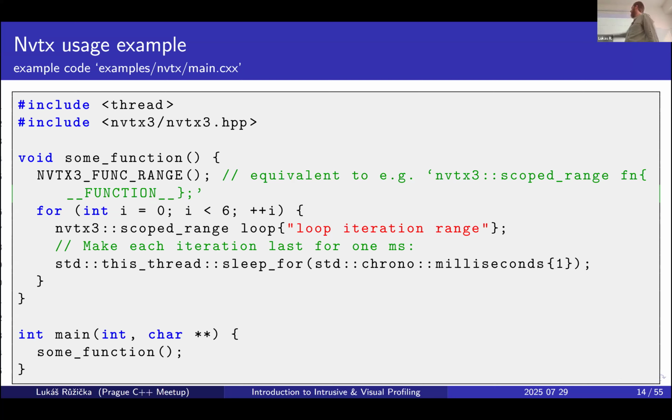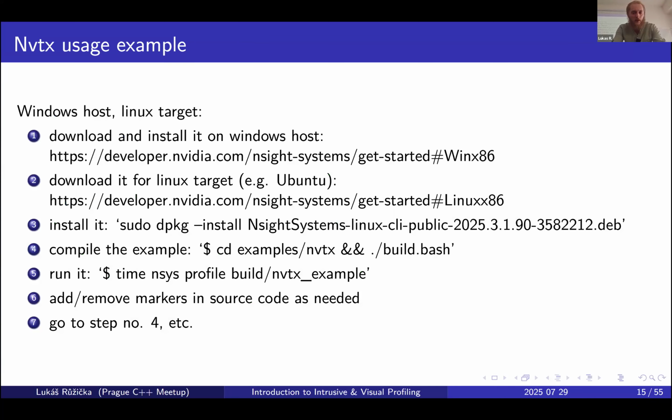Then in the middle, you see the nvtx scoped range, blah, blah, blah, and you see it in a loop, right? Eventually, when you compile this program with the proper includes and libraries and run it somehow, I will show you how. I have it here in 7 steps. Beside the first 2 points, where you have links for the download of those frameworks, and the third one too,